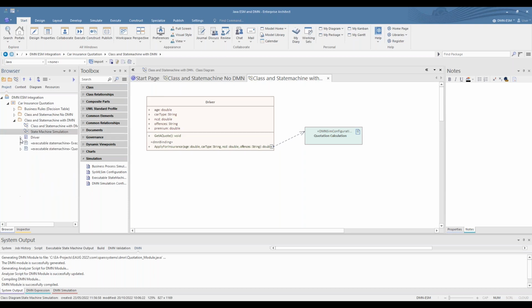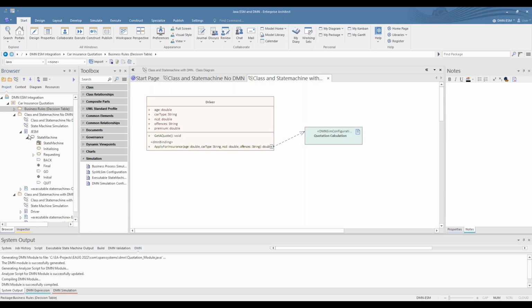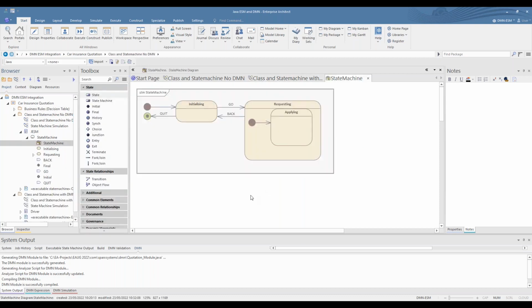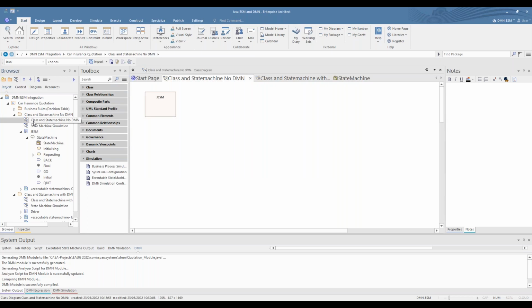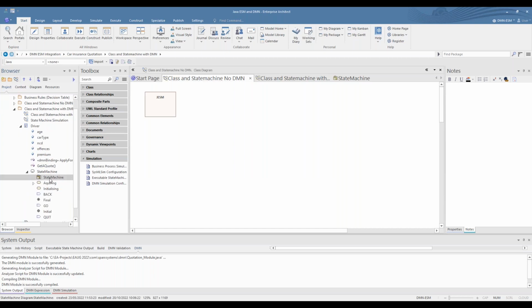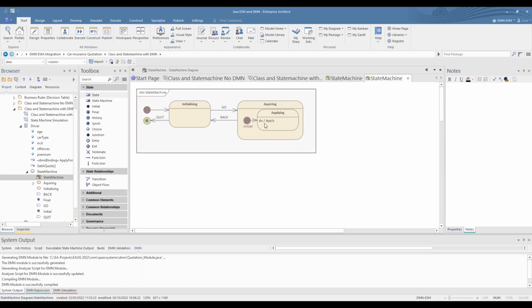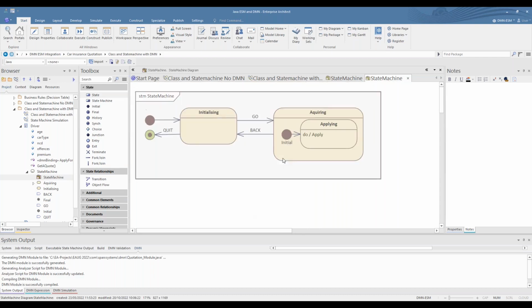So what we have here is a Java class with a state machine. Now, this state machine is quite straightforward. Where is it? Oh, here we are. This is the one I'm looking for.